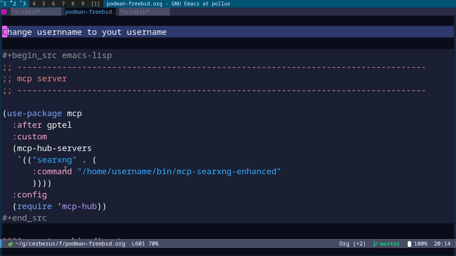It's called searxng, and the command is actually going to be a path to a script that I created. What you do is change username here to your username. The reason is that I was getting some errors, what's called a process Sentinel 126 error, that I wasn't getting on Linux with the same MCP server and basically the same kind of setup. To get around that, I created a script that will